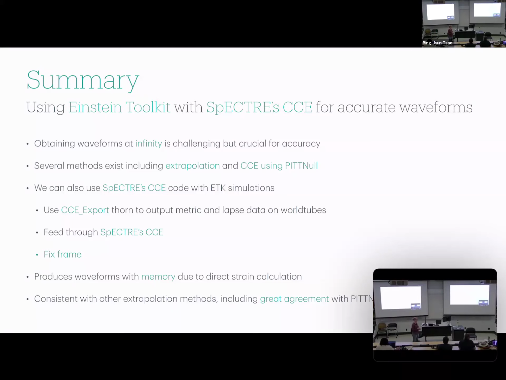The question was about the examples that I've used, which have done binary black hole simulations where the signal is 0 at the end, though I guess except memory. And so the question was whether anything relies upon that, or whether it would still work for things like, for example, neutron star mergers, where you might have a neutron star at the end. I don't immediately know of anything that would keep that from working. I'm not well enough versed in the way that the actual CCE is happening on the SpECTRE side to say that with any sort of certainty. But I don't immediately know of anything that would prevent that.